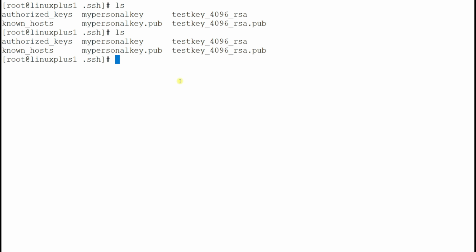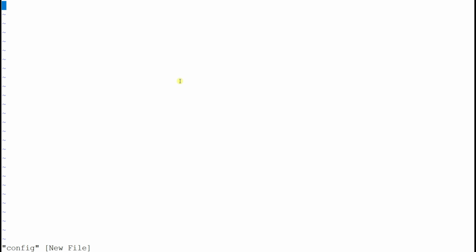So what we're trying to do is load it in the config file to point to it every time we want to log into, let's say, any server, essentially. If we want to add it in the config file, it's going to be super easy. So we'll go vi config, right? I for insert. For example, host is my server, let's say,